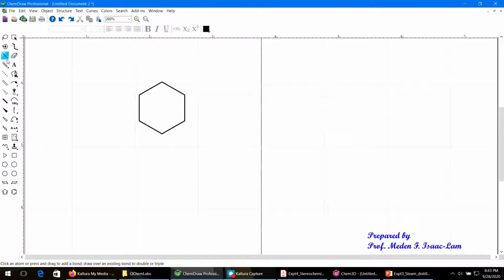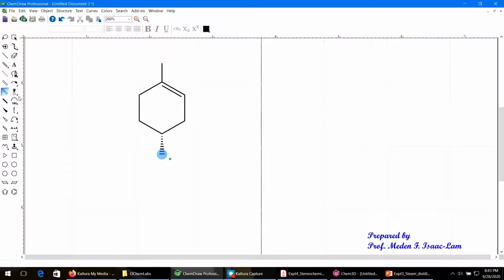So we are going to put a bond by clicking solid bond, and then attach a bond up, and then the bottom one we are going to use this hashed wedge bond,